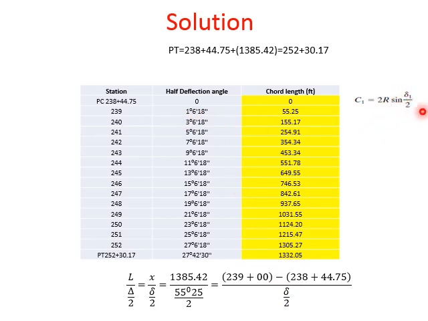And if you want to find out the chord length, you will use this. Okay, so for the first point there is no chord length. For the second point, you put delta by 2 from here. So you just have to put the value directly, okay? Don't have to divide by 2 again. So you put delta by 2 and you get chord length here. Now for the next point, you can again apply the same approach.